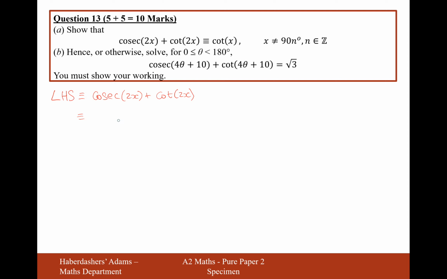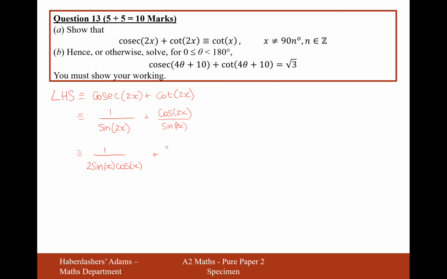So what I'd suggest we start off with is writing this out as sine and cos. So it's going to be 1 over sine 2x plus cos 2x over sine 2x. Great, so immediately we've got 2 sine x cos x on the bottom. So let's expand out the brackets now, expand out the double angle formulas. So it's going to be 1 over 2 sine x cos x,